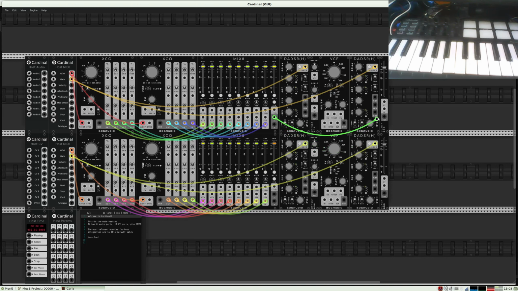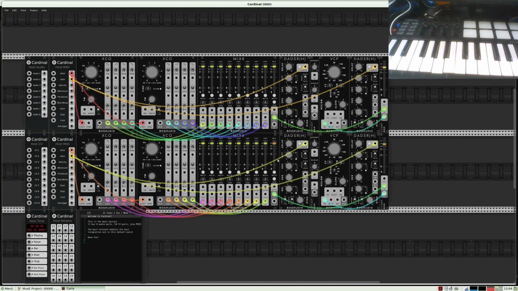This is put into the VCA input, and here the same. You can choose whether to put the inputs first in the VCF and then in the VCA. I use this combination here, first in the amp and then back to the filter. And the output of the filter is connected to the host audio, so you hear the sound.